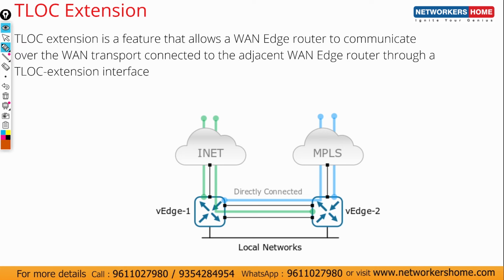So what TLOC extension does is, let's say you have one internet connection and one MPLS connection here. This is a certain site, let's call it site ID 10. All the traffic you want to go through the internet goes through this particular internet connection, and all the MPLS traffic should go through the MPLS connection. What if tomorrow,